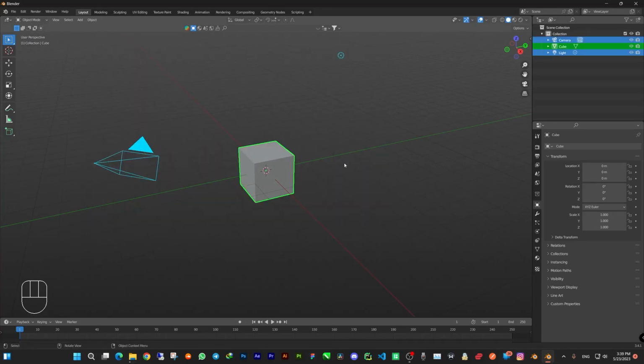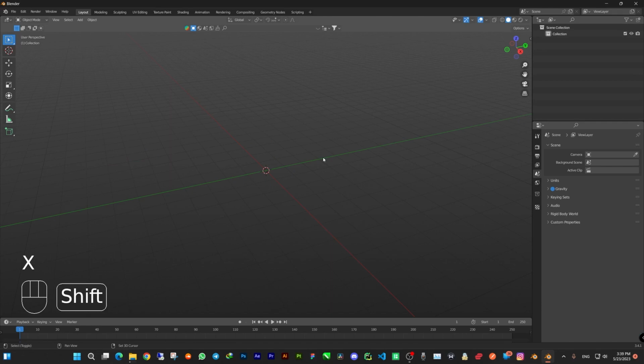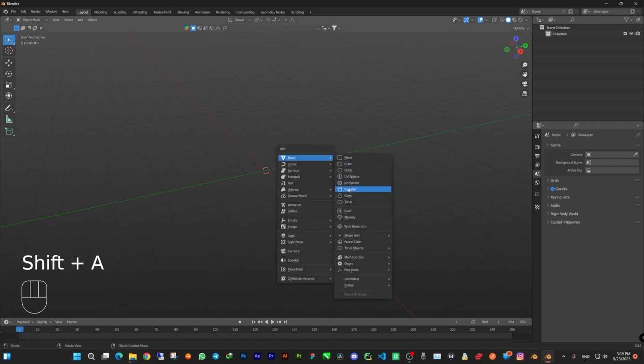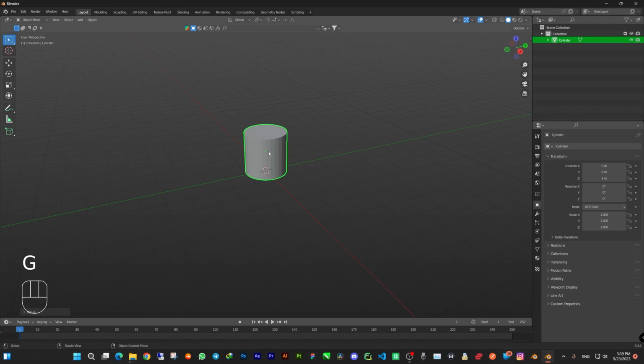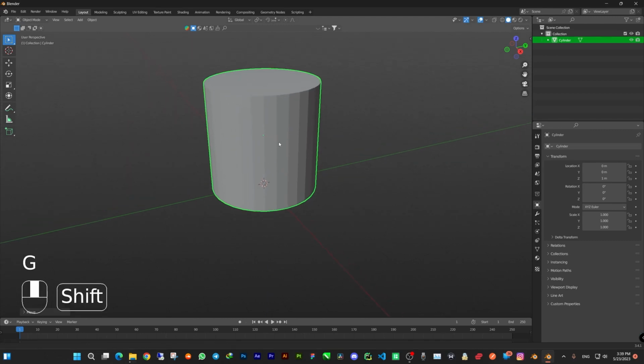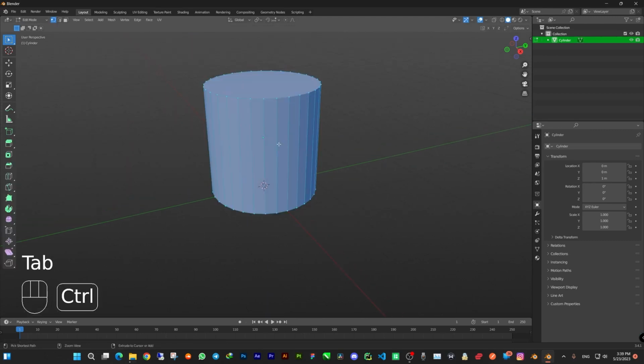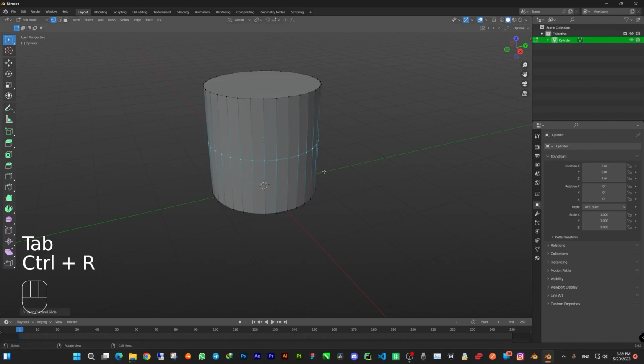First of all, select the default objects and then press X to delete. Hold Shift-A to open up the Add Object menu and then from the Mesh section select Cylinder. Move the cylinder by pressing G followed by Z to move in the Z-axis, then hold Ctrl to move by 1 increment. Press Tab to go into edit mode and then add a loop cut by pressing Ctrl R and